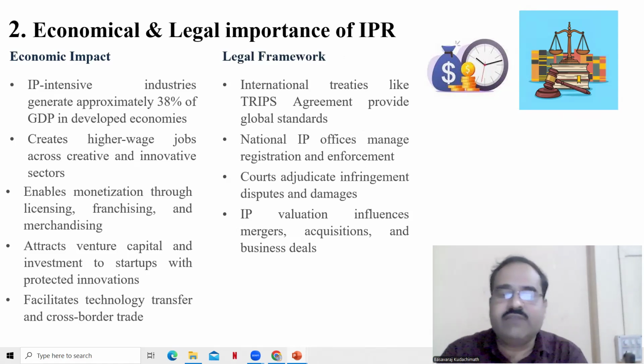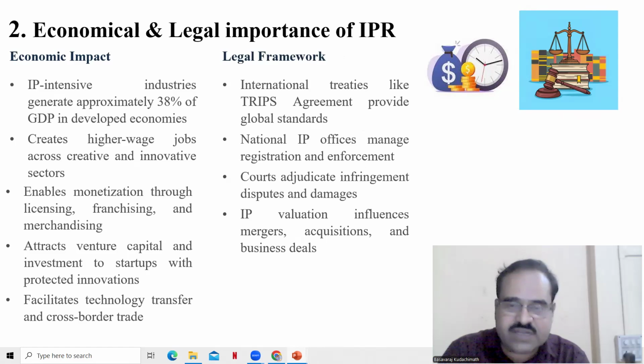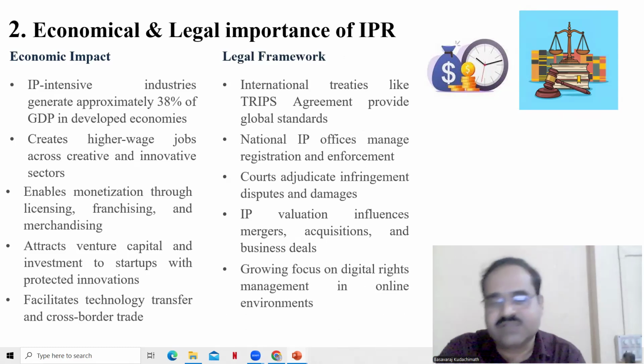Intellectual property valuation influences mergers, acquisitions, and business deals. When there is legal protection, the innovated products, patent rights, and copyrights are all intangible assets which can be valued and shown on the asset side of the balance sheet under intangible assets. Intangible assets like goodwill, patents, and copyrights, that amount can be mentioned. That amount is calculated based on the importance of that particular product in the market. So when such legal activities are there, then only this is possible. During acquisitions and mergers, they will get additional value for their copyrights and patents.